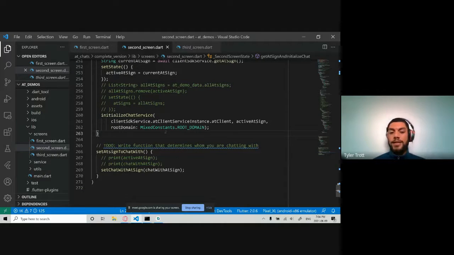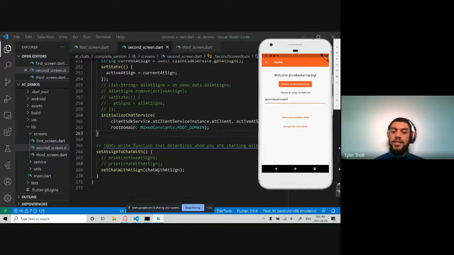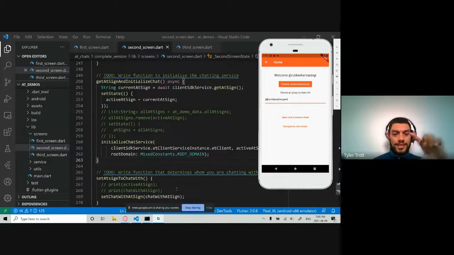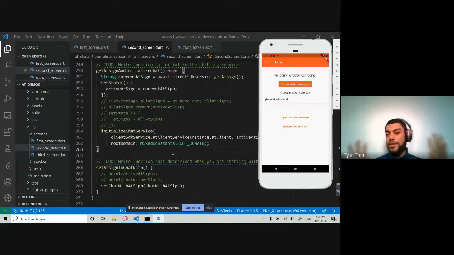And after we do that, after we initialize the chat service, we want to actually set the @ to chat with, which is combined leopard. So we're passing combined leopard into set chat with @. So again, you don't actually have to make all of these lines of code that's setting up, chatting over some server, and then you have to make sure that the messages are encrypted. So with the app platform, this is it. All of these 2 functions here, pretty much all you need. Everything else is taken care of for you. The actual chatting itself, the encryption, everything.